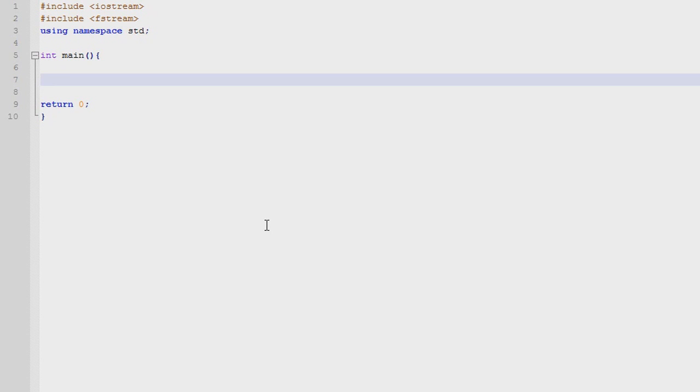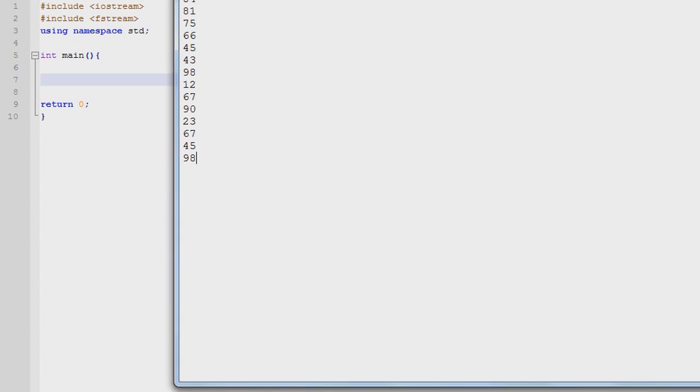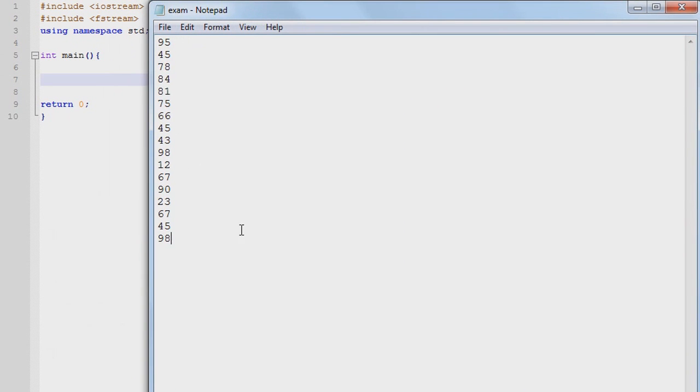So assume we have a file such as this exam.txt file, and we have the grades of however many students in our class. And you want to see how many of them fail and how many of them pass, okay? And we can use file input in order to determine if these grades are pass or fail. We can loop through each of the records in this file, and we can actually test for each of these